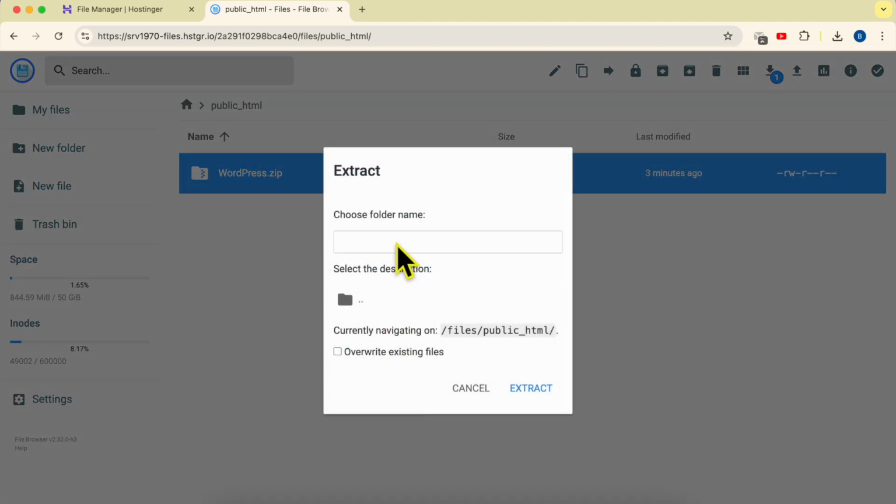Here, name your folder. For example, I will call it unzip, and it will be created inside my public HTML